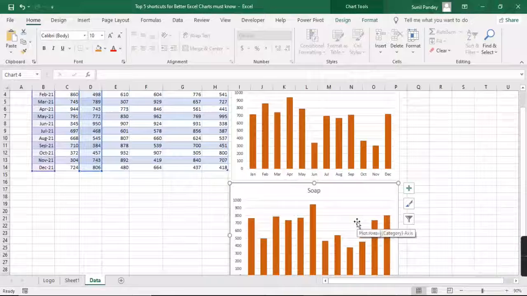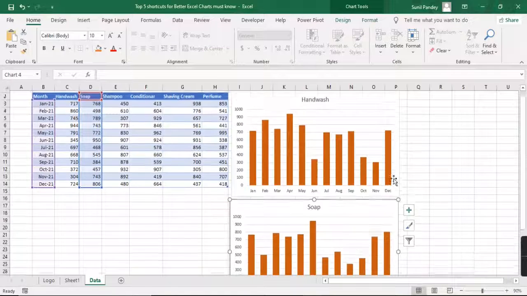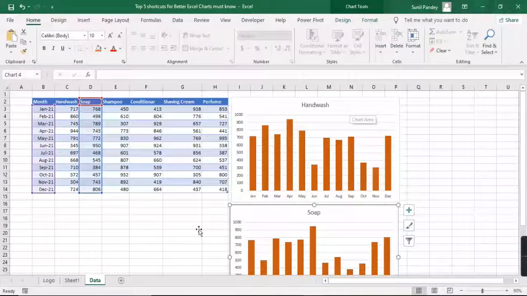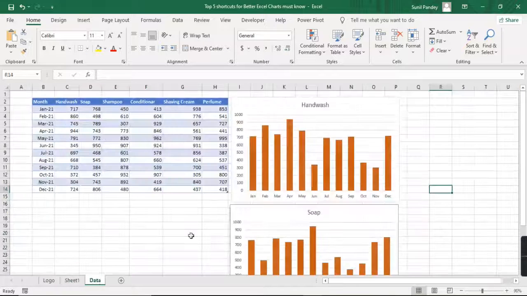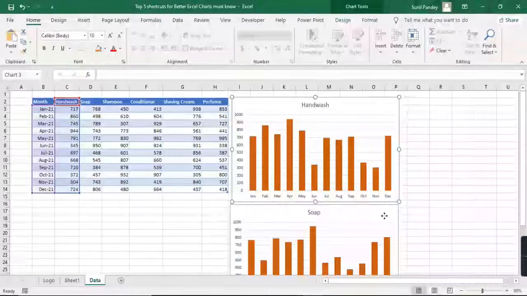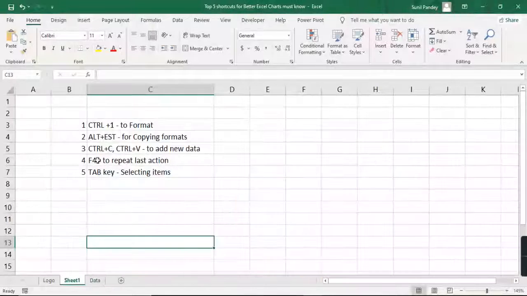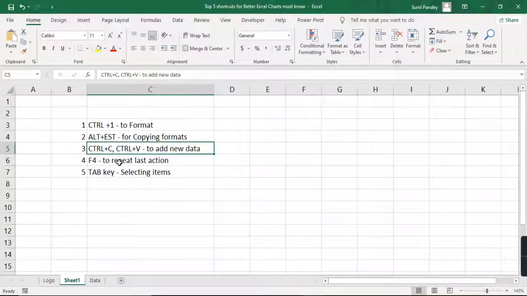So the Alt E S T shortcut is copying the chart format. Okay, got it? And now the third one is Control C and Control V to add new data.